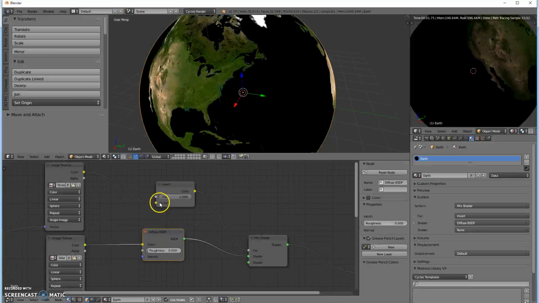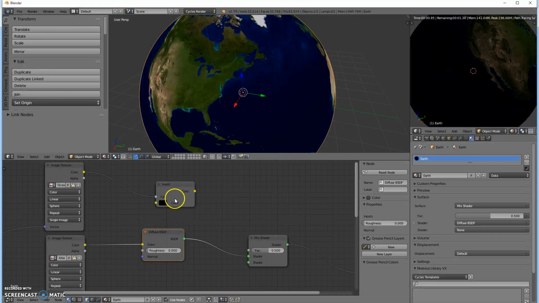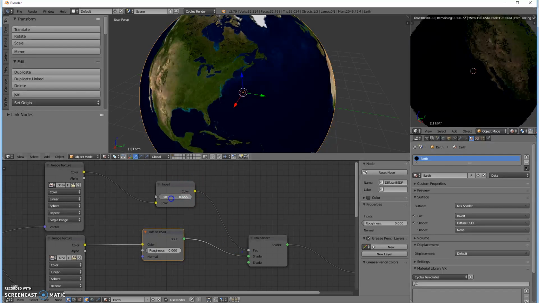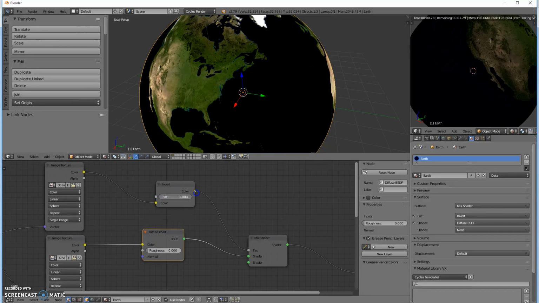So for instance, if I had this connected directly to factor, then my land goes darker and I can see the ocean. And so that's why we have this invert, and we want it inverted all the way. I just plugged that into the wrong one. There we go. And so I'm taking that and I'm using it as the factor for this. If I slide that, I can actually get various levels of that